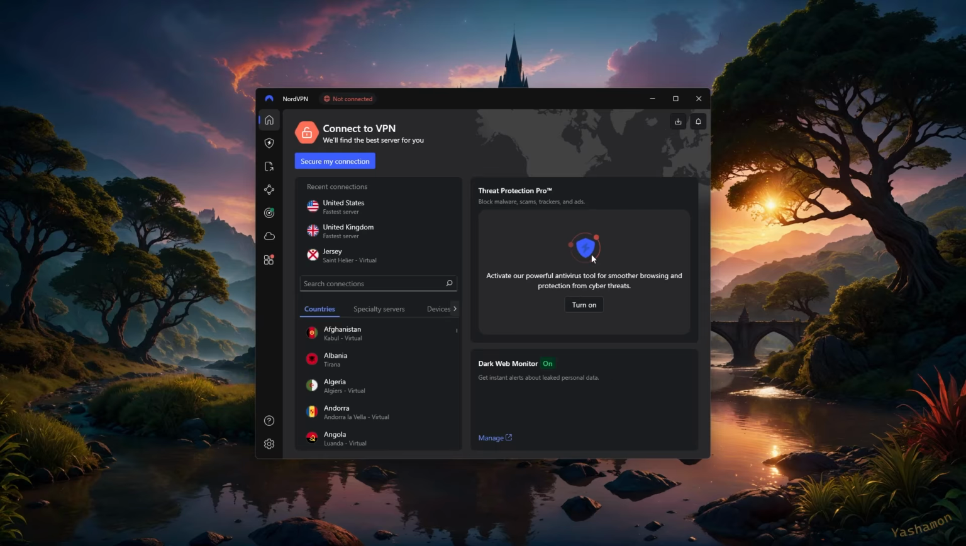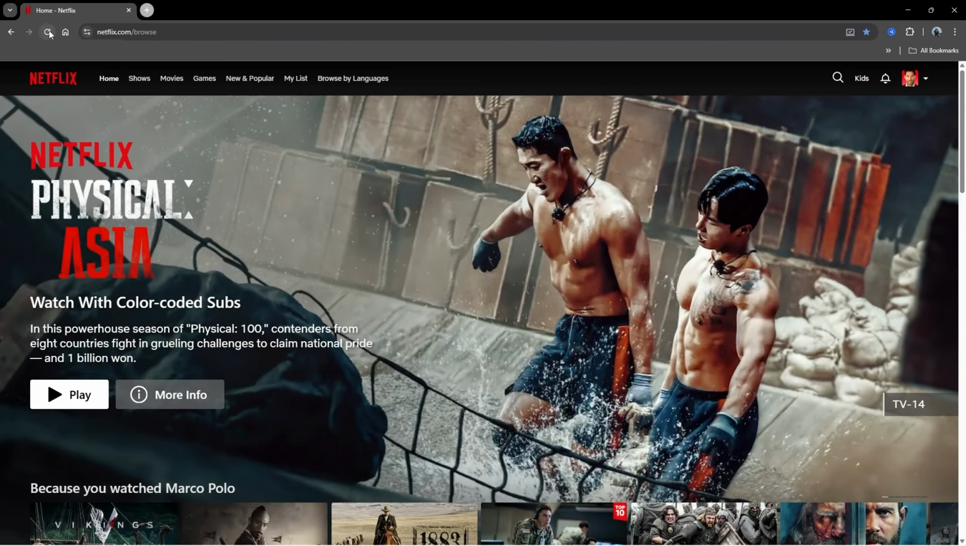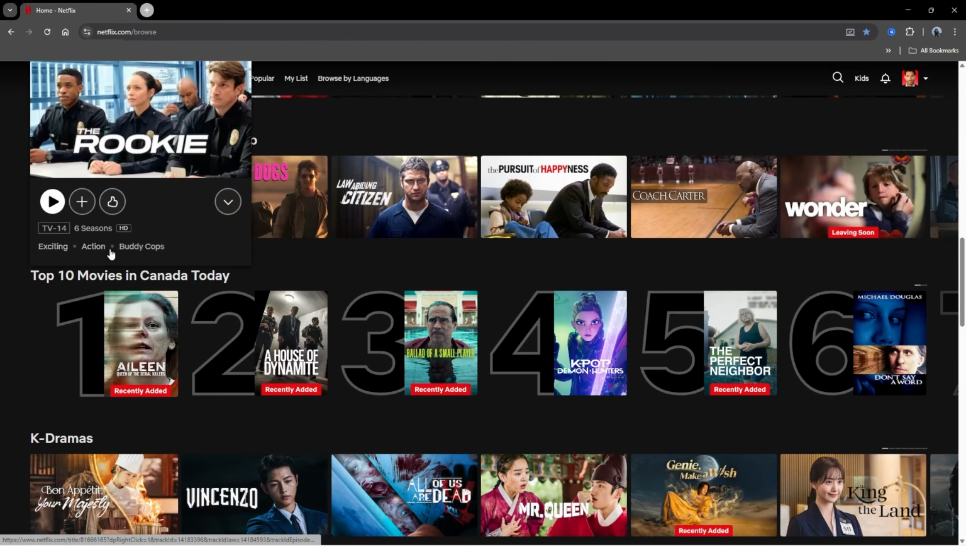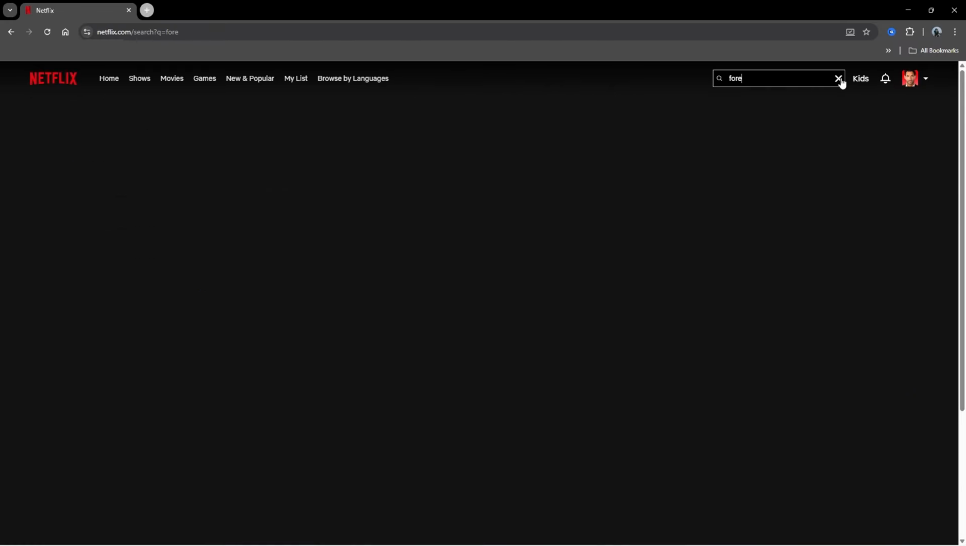When you open the app, you'll see a simple country list. Search for Canada, then choose a location like Vancouver, and hit connect. Give it a few seconds to settle. Now open Netflix and refresh the homepage. You'll notice new rows and categories pop in, and when you search for the title you wanted from Canada's catalog,